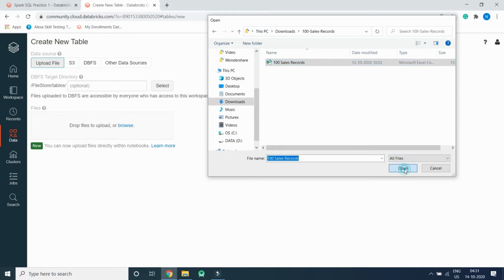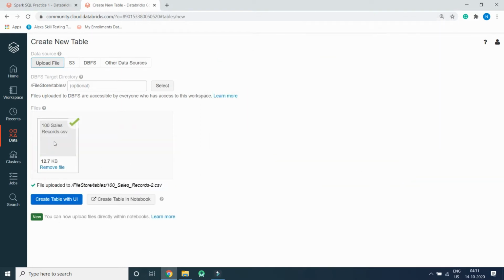This file will be available in the download section. You can see this is the file name. Now I am getting record as 2.csv because I have already uploaded the file. So every time you upload a file, make sure the file name changes. It will change automatically because this is the way Databricks stores the file in the Databricks system.